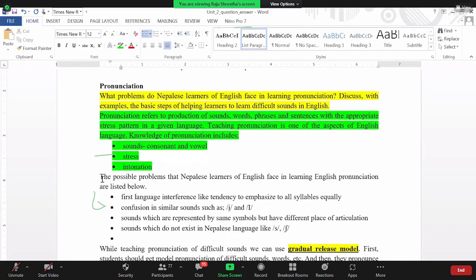These are a few. First, first language interference, like the tendency to emphasize all syllables equally. Syllable र syllabus syllable लेख्दा syllabus भन्छ कि यो there are syllables. बराबर जोड दिँदाखेरि के हुन्छ भने Nepali language interference जान्छ while learning English. So this is one problem of learning pronunciation in English. And another possible problem is confusion in similar sounds. Confusion in similar sounds, I mean,